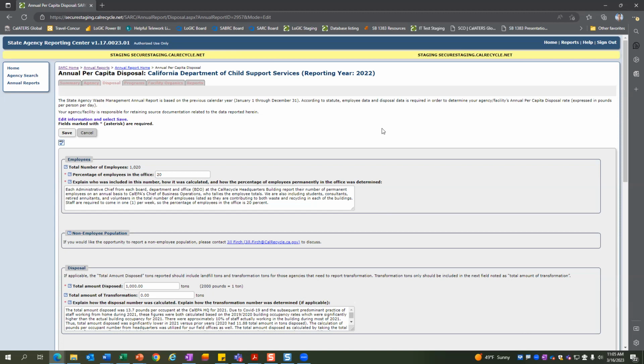We have to report percentages of each office, but I have 84 offices. Do I have to do all the offices in the state or just the one I'm working from? If you're responsible for reporting for all of those, yeah, and unfortunately, in your particular situation, yes, you do need to put that in there.